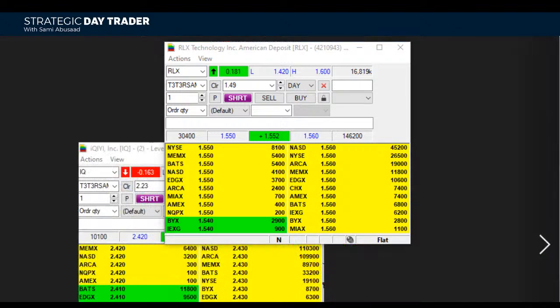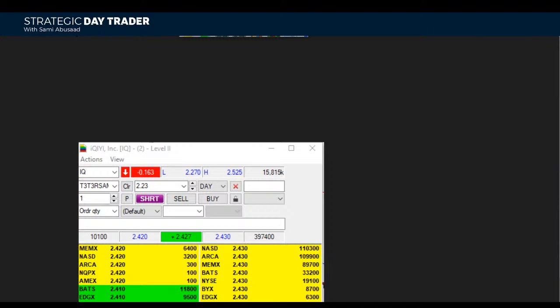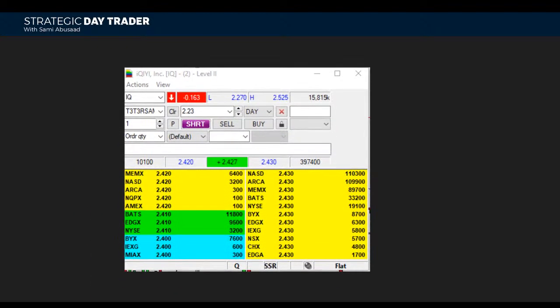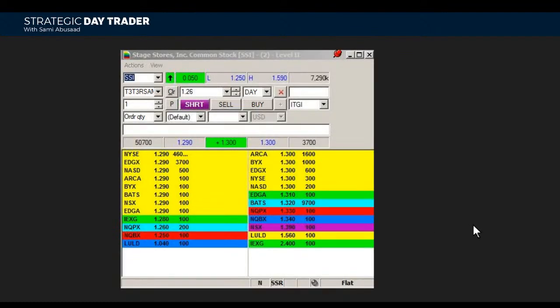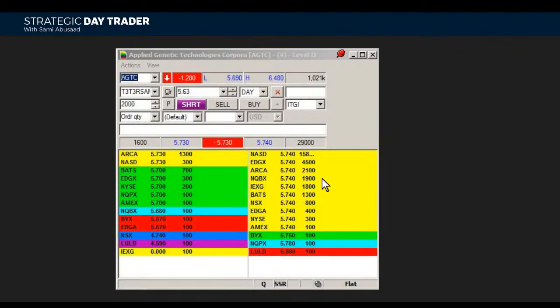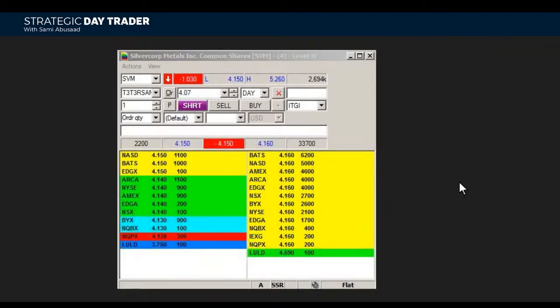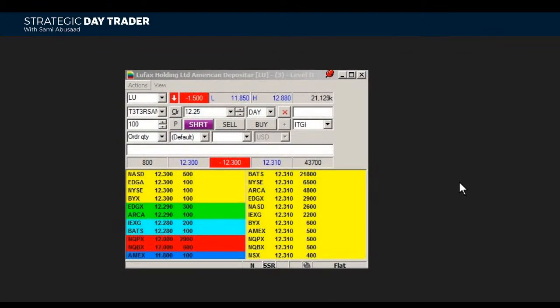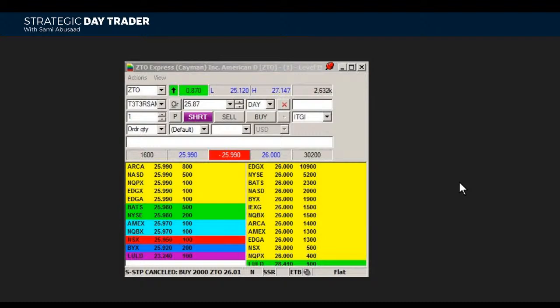So basically this is what you want. These are the kind of level 2s that you want. The imbalance, the offer being much stronger than the bid. 400K versus 10K. 50K versus 3K. 30K versus 29K versus 16. See what I mean? This one, ignore. Something else. That's what you want, basically.